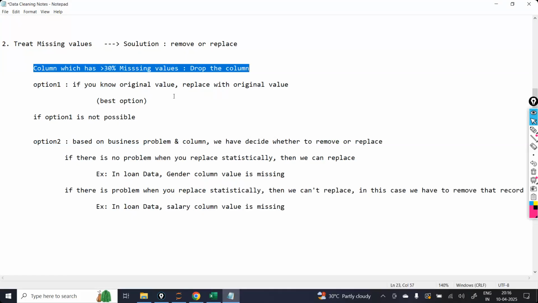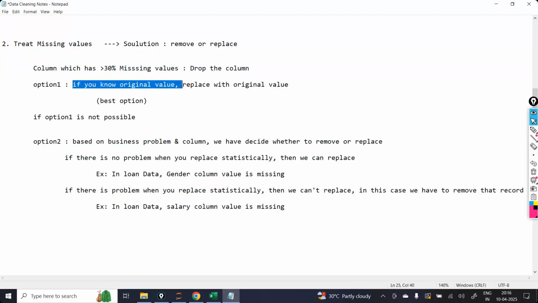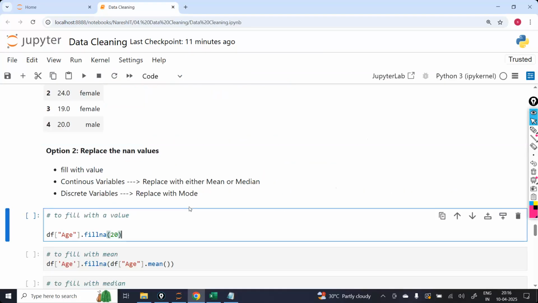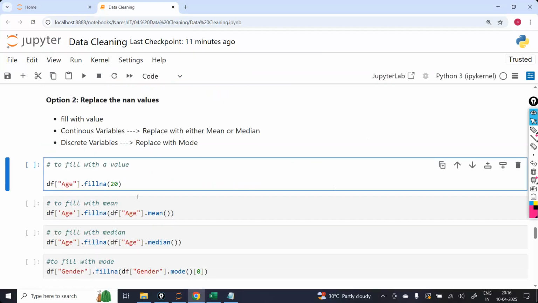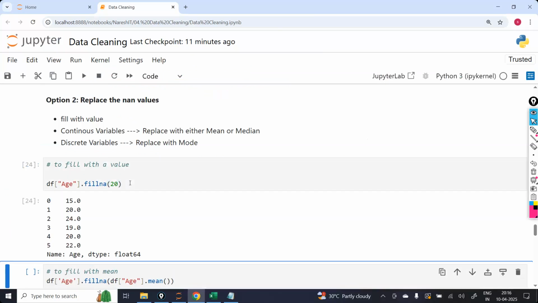Okay. Now, second option, what I have told you: if you know the original value, you have to replace with the original value. Here I'm going to replace with the original value. I know to replace with 20. Then what I'm going to do is df of age fillna, applying fillna of 20. Now, wherever the missing values are there, all the missing values will be filled with 20 within the age